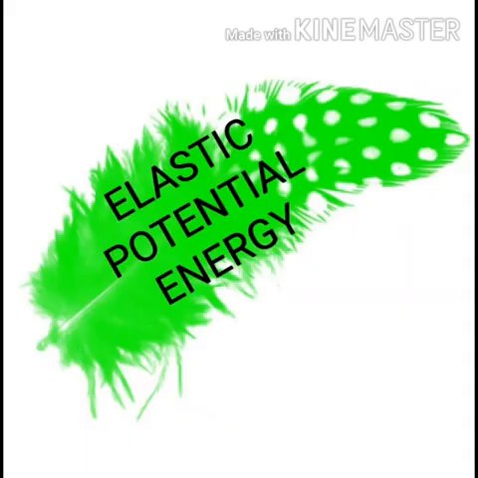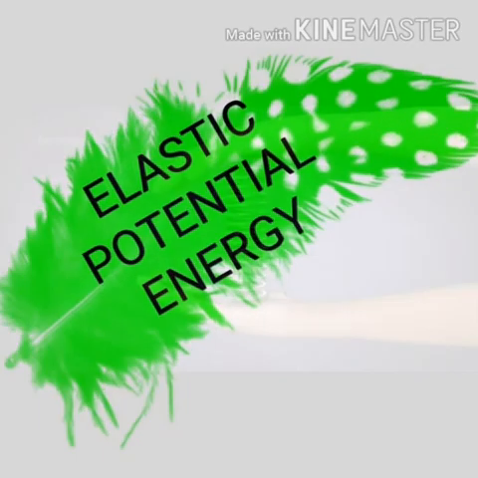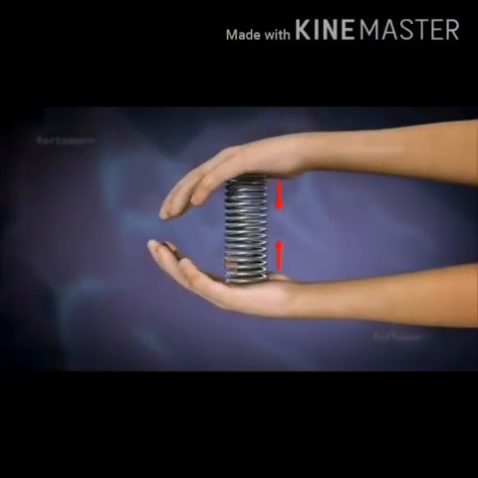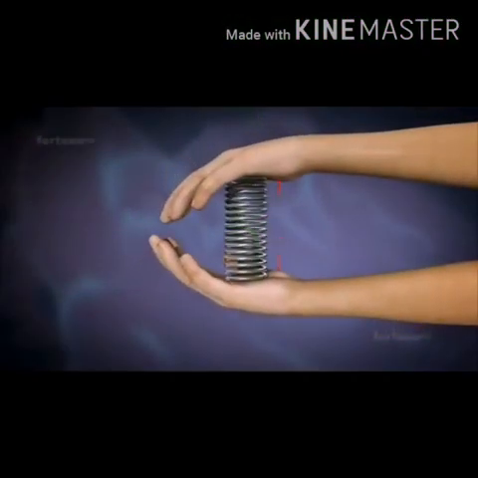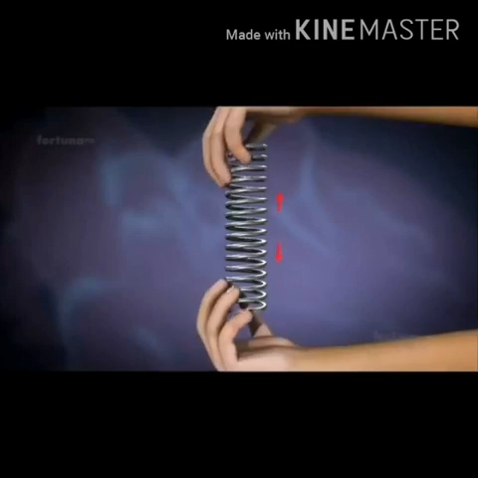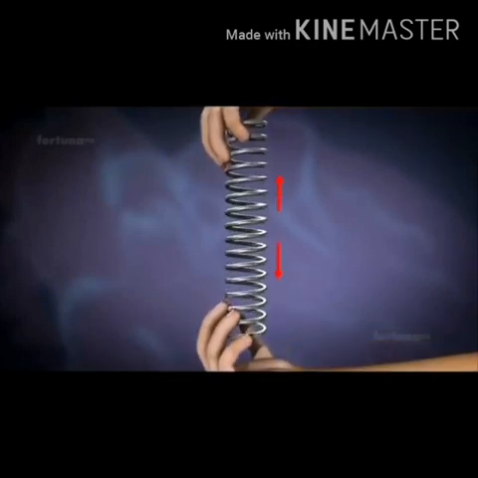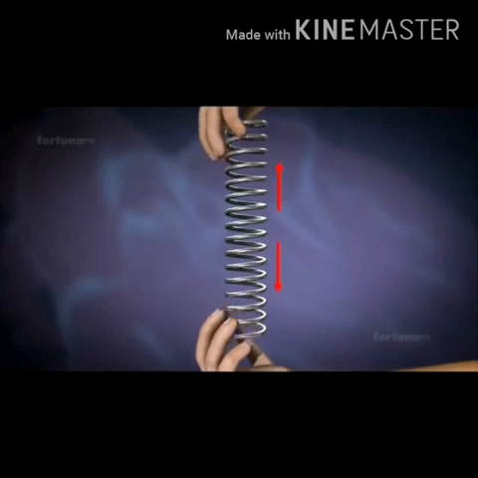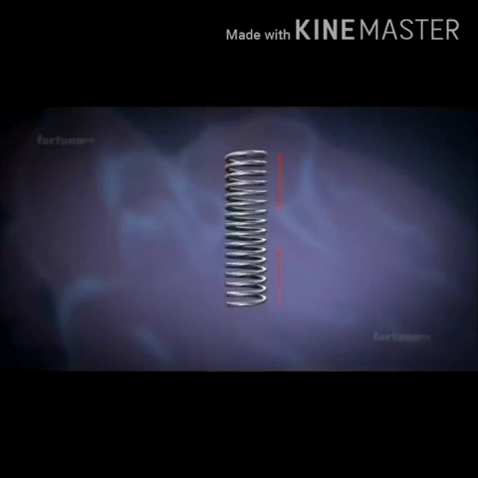Now we are going to see the topic elastic potential energy. When a body is stretched, work is done against the restorative force, that is internal force. This work done is stored in the body in the form of elastic energy. Let us consider a wire whose unstretched length is capital L and area of cross section is capital A. Let a force produce an extension small l and further assume that the elastic limit of the wire has not been exceeded and there is no loss of energy.